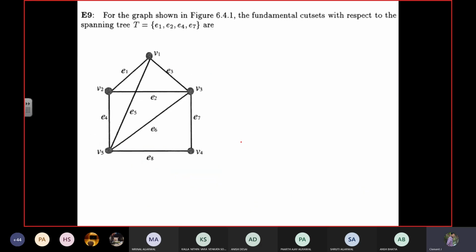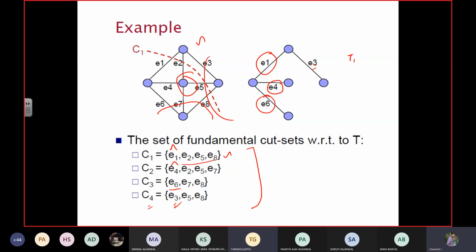I have a doubt, sir. Yes, please. Sir, how will we decide which chord to include in the fundamental cut set? See here, let me choose another one so that it could be easier. I'm planning to create a cut set by using E3. If I fix E3, that edge will be included in the cut set. With that edge, what are all the edges that can possibly be added into the set? Other edges will not be allowed.